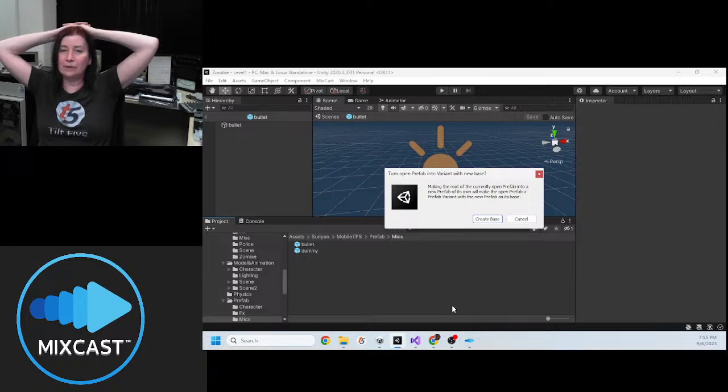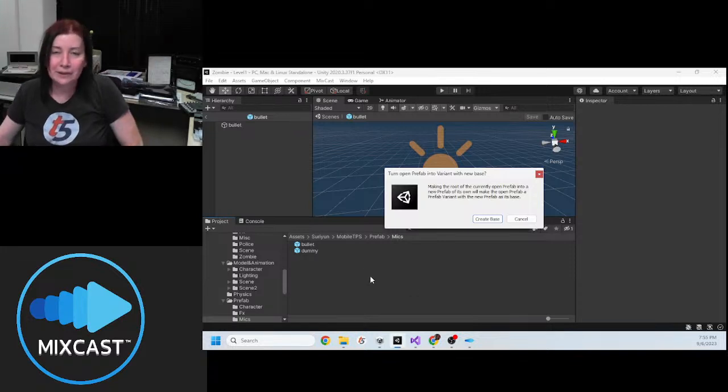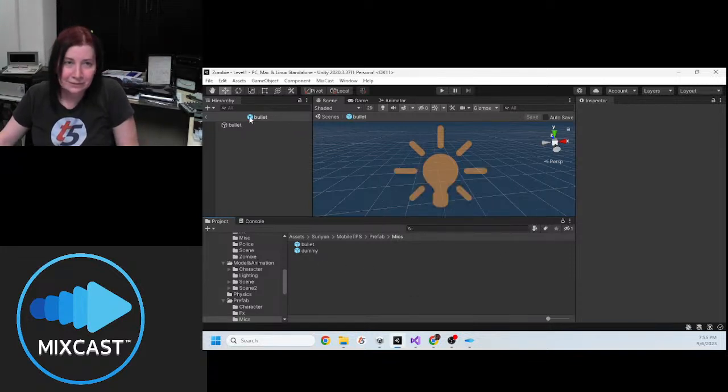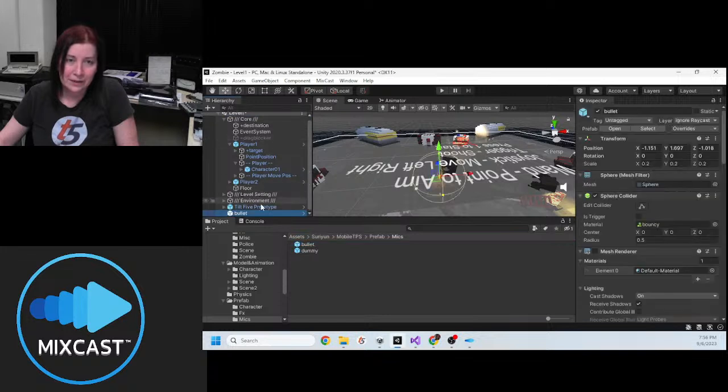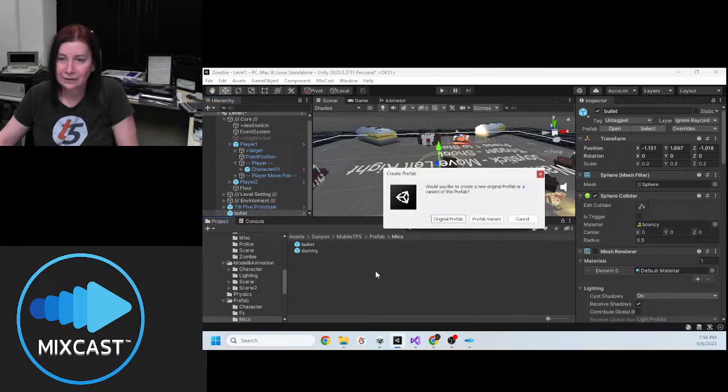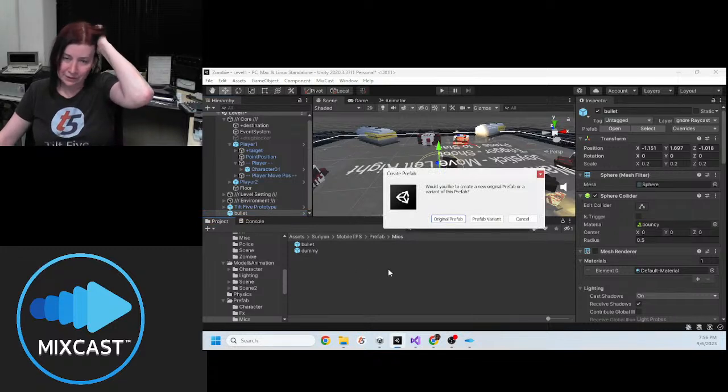Making the root of the current open prefab into a new prefab of its own will make the open prefab a prefab variant with the new prefab as its base. I don't know what the heck it's saying. Let me try a different approach. I'm going to stick it in here in the editor. This looks a little more